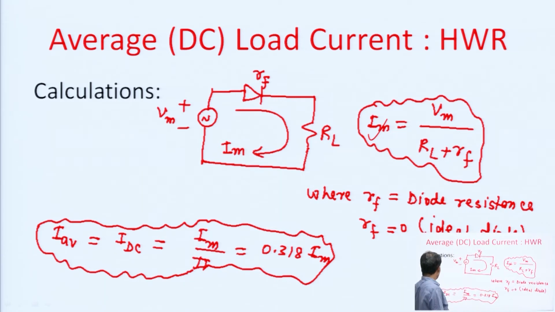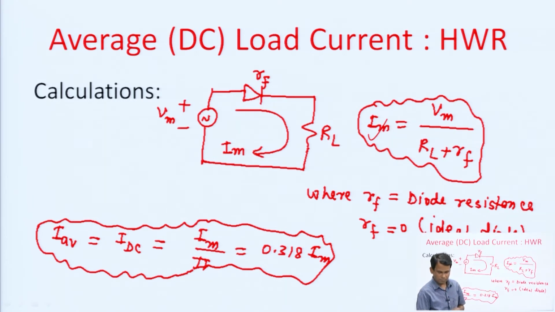Similarly, average or DC current is equal to Im upon pi, similarly like the DC voltage. What is DC voltage? Vdc is equal to Vm upon pi. So similarly IDC is equal to Im upon pi, that is 0.318 Im, where Im is Vm upon RL plus Rf, and Im is equal to Vm upon RL if Rf is 0 for